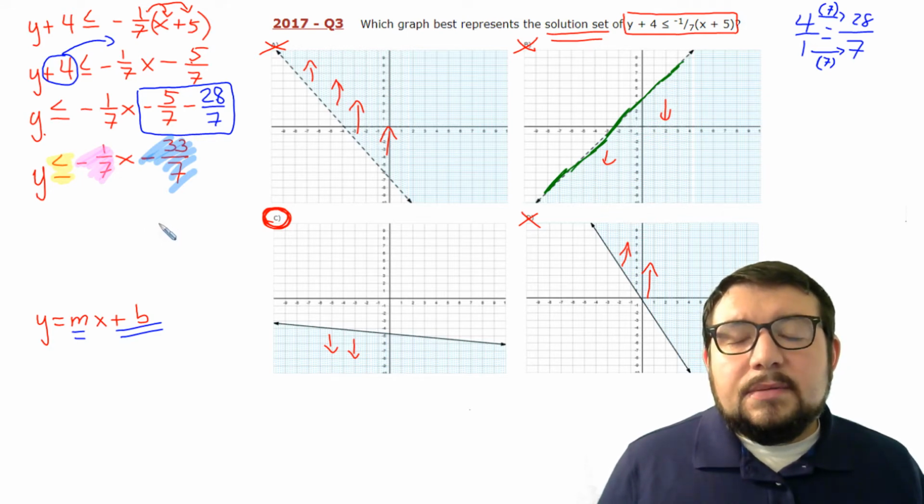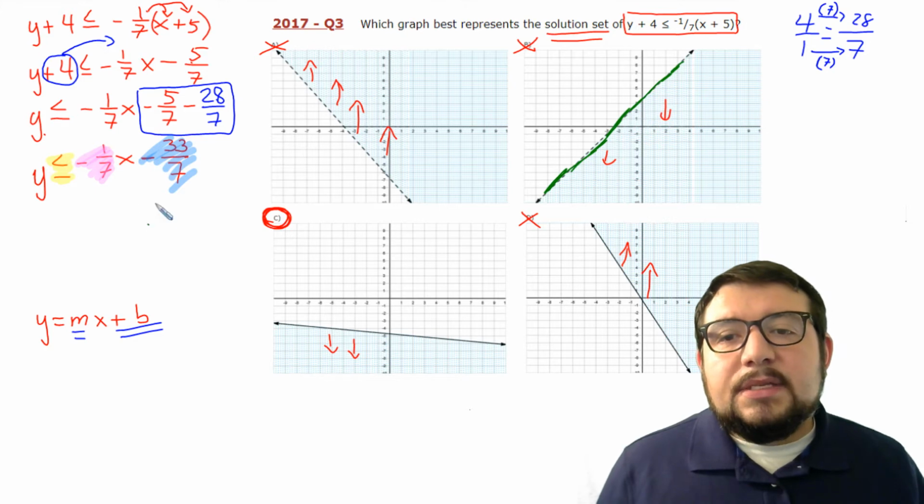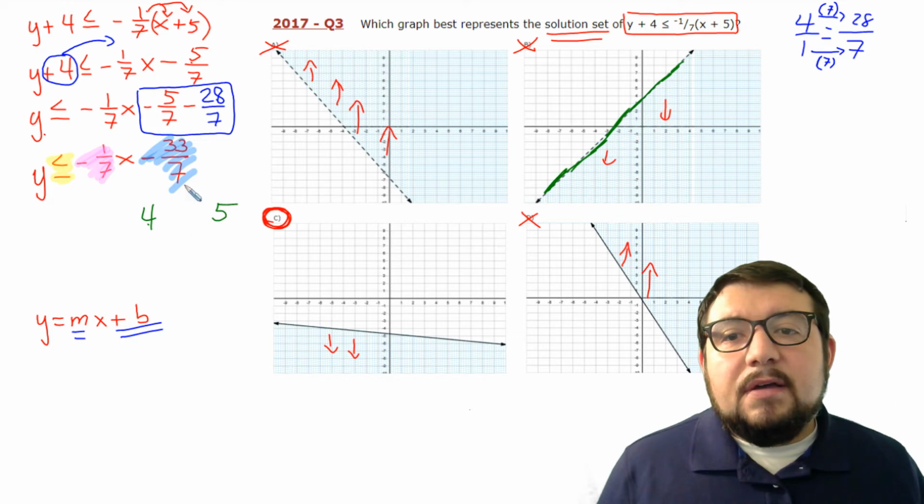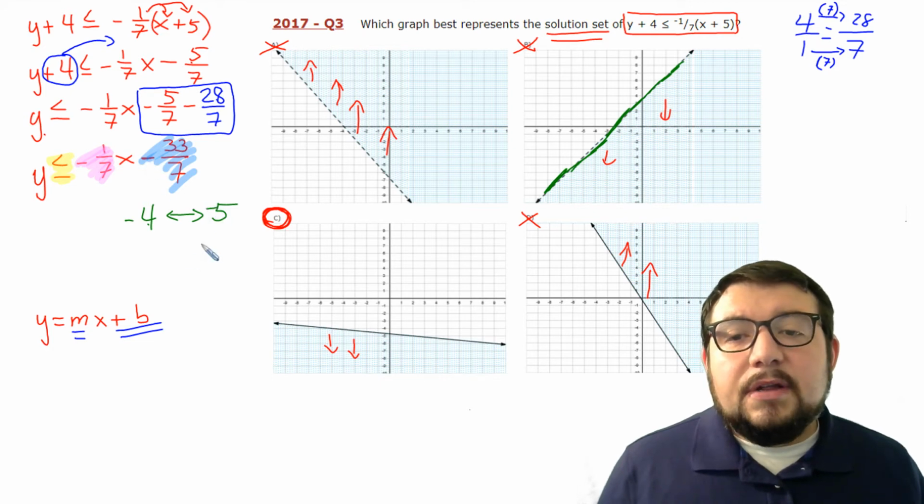let's see, 4 times 7 is 28, right? So it's somewhere between 28 and 5 times 7, which is 35. So this fraction falls somewhere in between 4 and 5, or actually negative 4 and negative 5 because of the negative sign right there. So this fraction right here, negative 33 over 7, if I do 33 divided by 7,